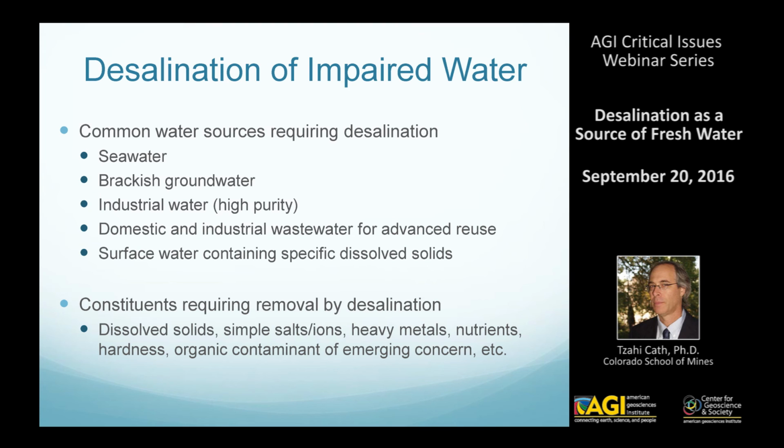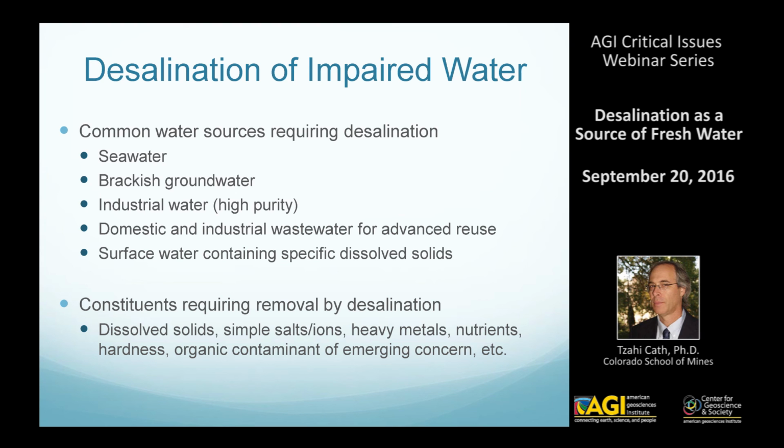So what are the things that we're trying to remove with desalination? Usually it's a group of things that we call dissolved solids, everything that will go through a simple filter, but will precipitate or will not be removed by conventional processes. So, for example, different salts or ions, heavy metals, nutrients, hardness as calcium and magnesium, silica, and lately also more and more organic contaminants of emerging concern like pharmaceuticals, personal care products, pesticides, and things that we find more and